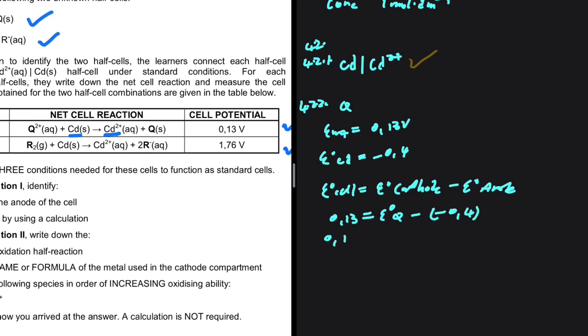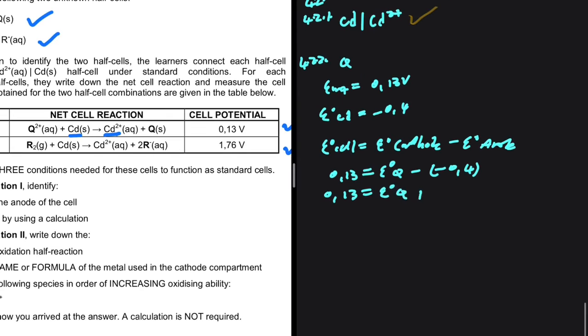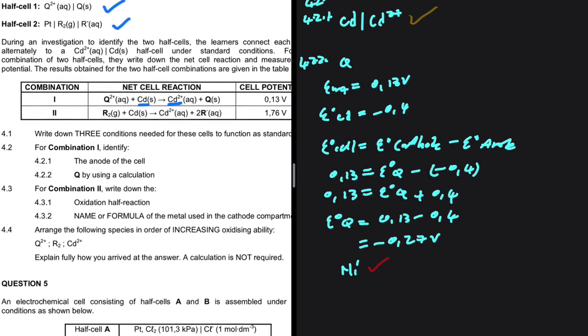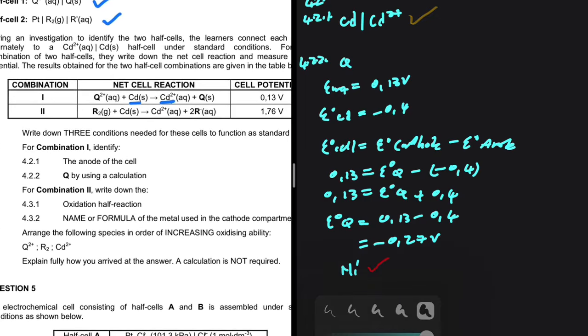So we're going to have 0.13 being equal to the reduction potential of Q plus 0.4. It should be easy to see that the reduction potential of Q will be equal to 0.13 minus 0.4, which is just equal to minus 0.27 volts. So Q is nickel if you go to your table of standard reduction potentials. Right, that is 4.2.2. That is how we solve those kinds of questions. Let's go ahead and take a look at